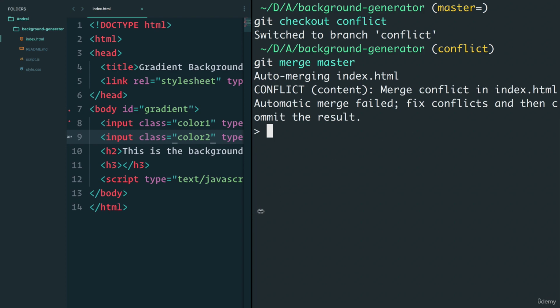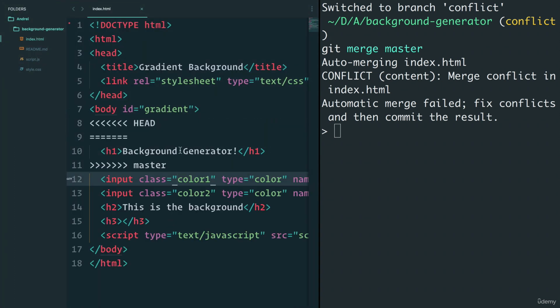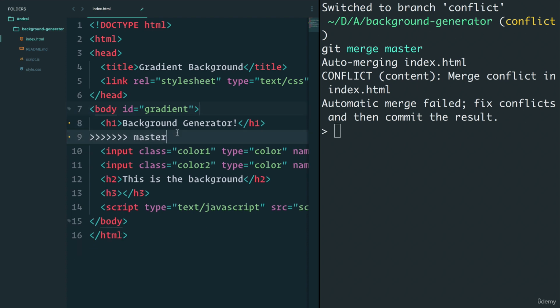So I do that, and I get conflict, merge conflict in index.html file. Now, if I actually click on Sublime Text, let me open this up so you can see it better. Oh boy, I get this weird little syntax. It's overwhelming at first, but it's easy to see what's happening. Head is where my branch is at, and it shows me that here to the end, I don't have the H1 anymore, but in the master branch, we have background generator. Now I can talk to Marcy and say, hey, Marcy, do you want to keep the background generator title? And she'll say, yes, that was the right thing to do. Don't change the background. Well, in that case, I just remove these lines and remove this